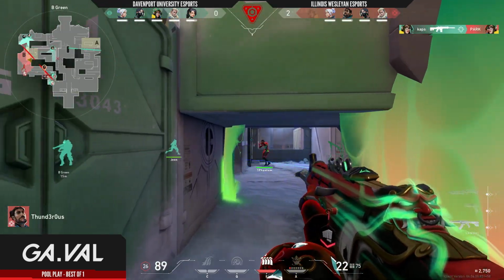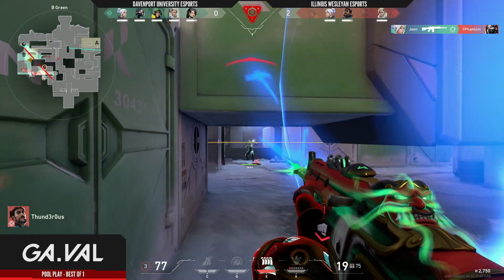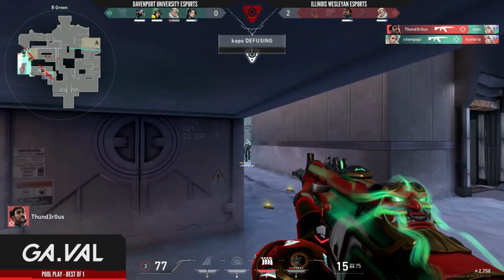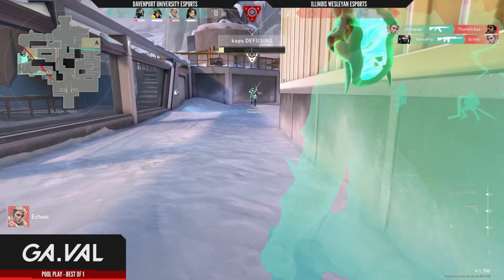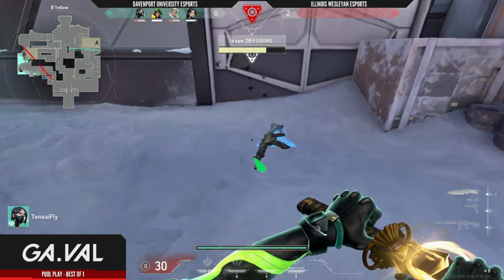Caps here looking for a potential elimination, finds the first elimination of the round. These players now pushing on to site the defense. Gene getting that elimination. Chem Poppy, though, changing out that elimination as well. 2v3 situation now. The cap on the spike. And a double pick up there from Kim Poppy and Tensai to close it out and put themselves on the board